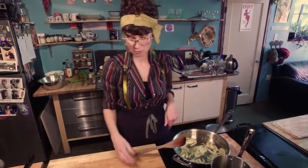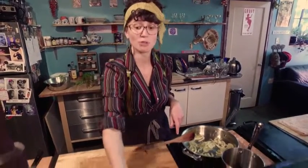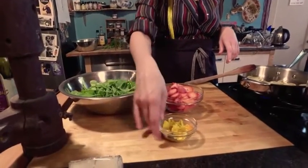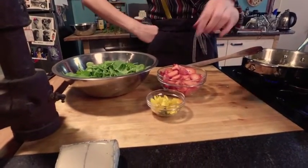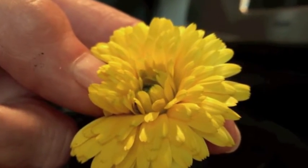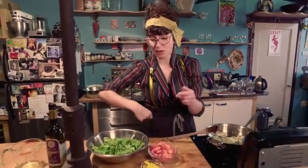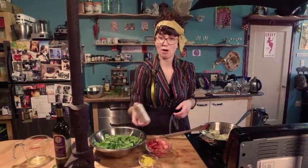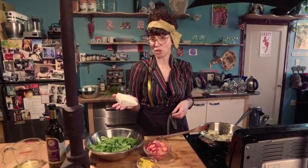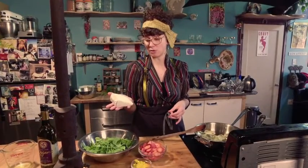And the other ingredients are ready. I've washed my baby arugula. I've chopped my strawberries. I have my calendula flowers, which I'm just gonna pluck as I make the salads. These make great tea also. They make powder that can be used for medicinal purposes. And then I have my Humboldt Fog, which is a lovely local goat cheese from Humboldt County with ash down